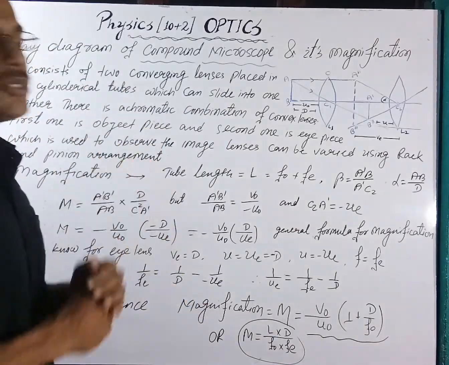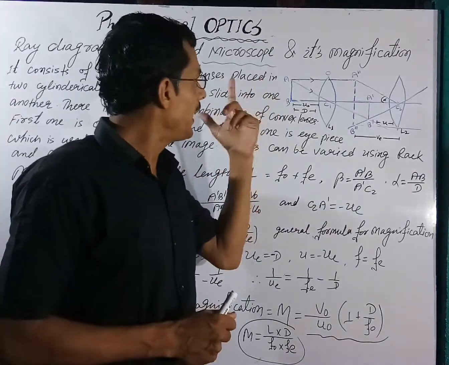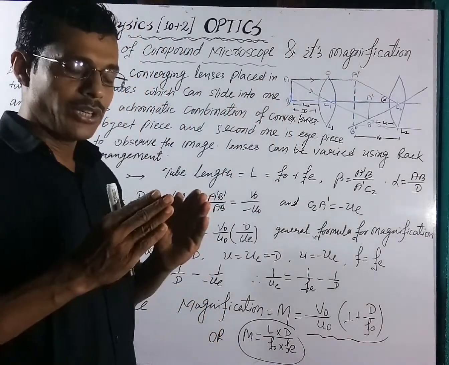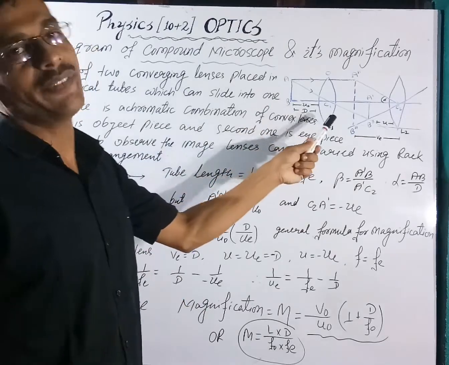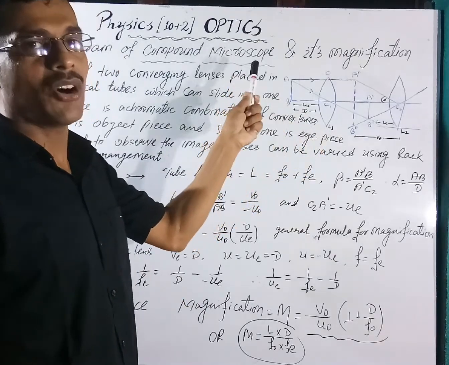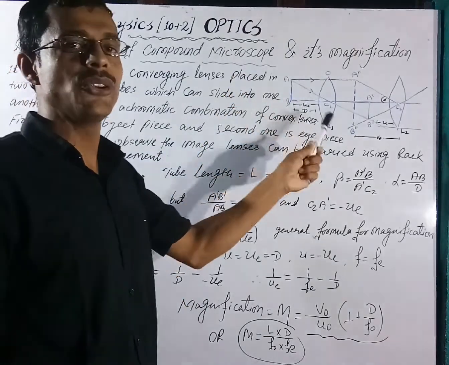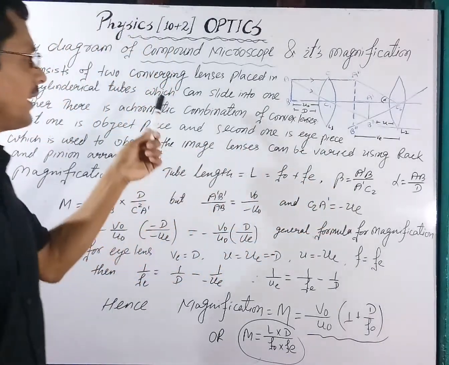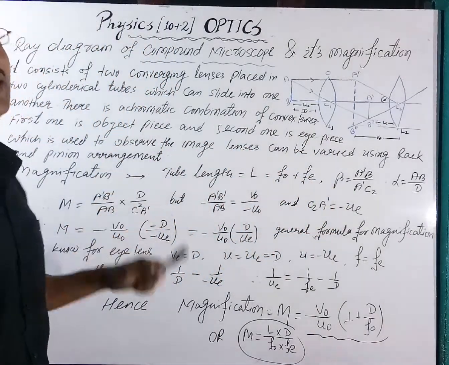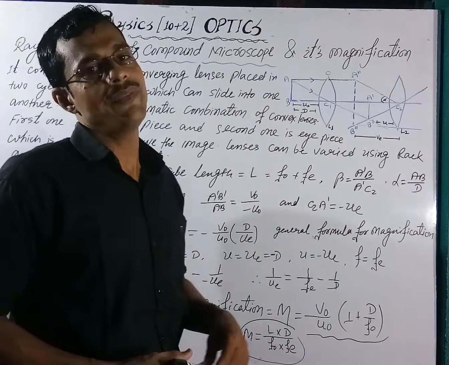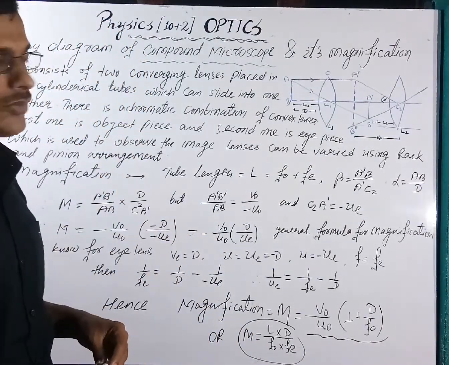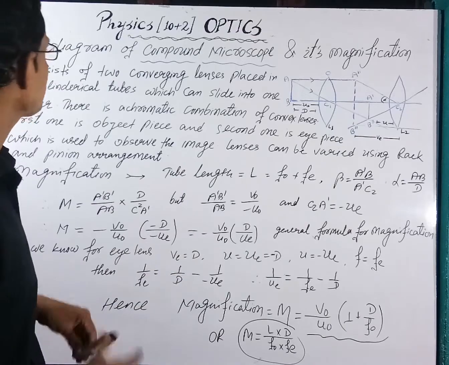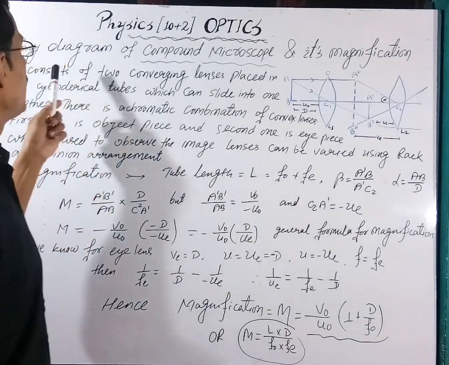As I told you, students, whenever we need to deduce an expression, at first we have to draw the figure. In optics, always bear in mind that at first we need to draw the figure, then write the statements, and after that do whatever mathematical calculation is needed. In this way we can find an expression of anything in optics. So today in this video, watch and listen.